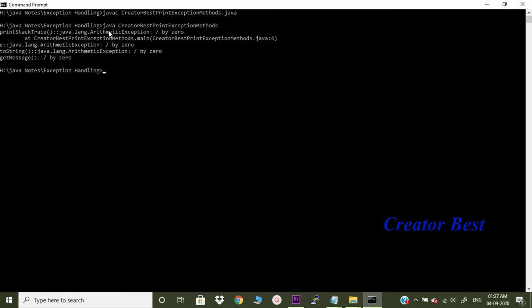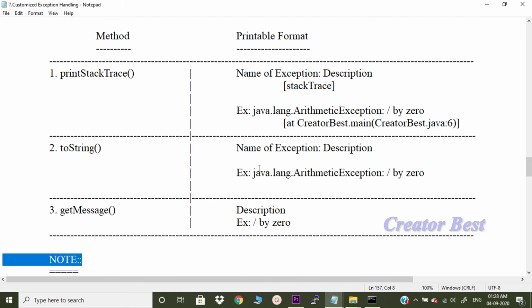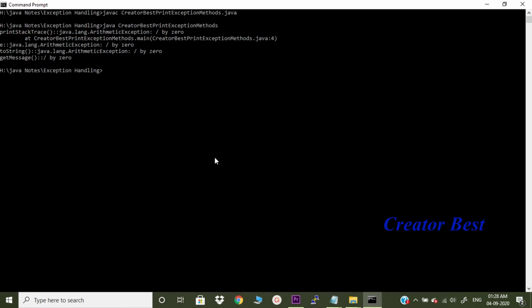So, the name of the exception is java.lang.ArithmeticException, the description is divide by 0, and the stack trace shows the class and method at line number 4. And e gives the name of the exception and description, right? Because when we call e, it internally calls the toString method.